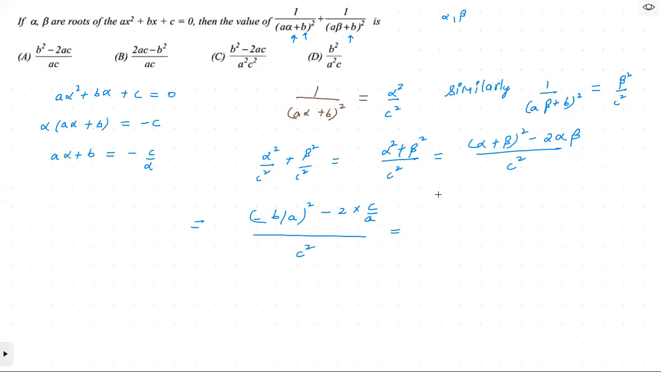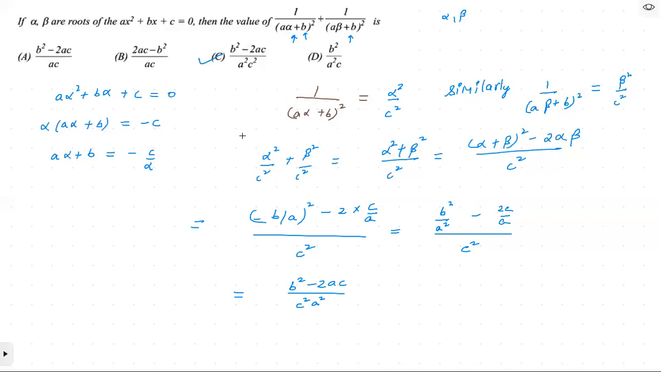So just try to calculate this part. So b square by a square, right? So we can take LCM as a square. So let us write the expression: b square by a square minus 2c by a, divided by c square. So now this is nothing but equal to, you can take a square as the LCM, b square minus 2ac divided by c square a square,